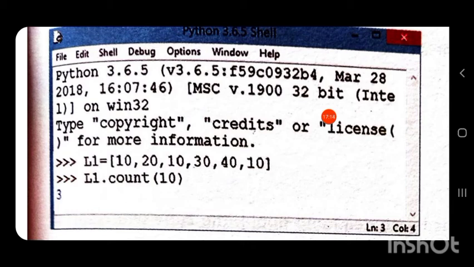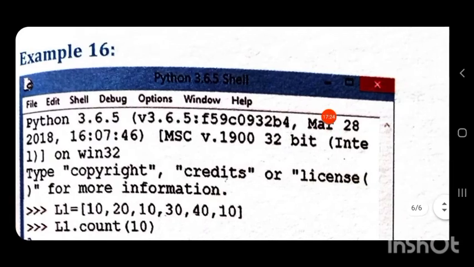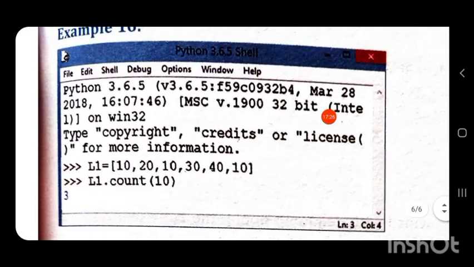It will check how many times 10 is repeated. In list L1, 10 is repeated 3 times. So L1 dot count(10) produces the output 3.